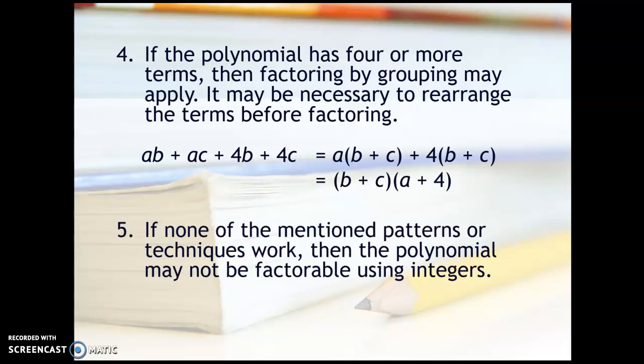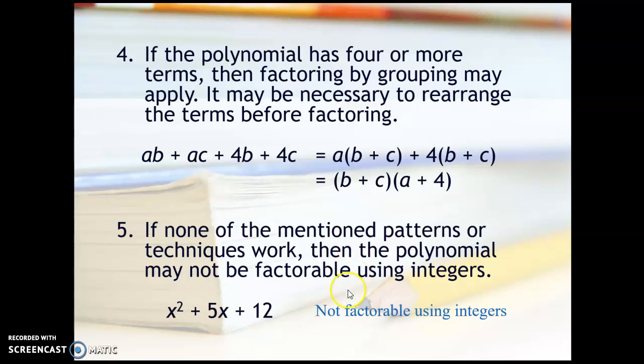And then if none of those previous 4 methods applies or can be used, it's possible that the polynomial is not factorable. And in that case, then, we call it a prime polynomial. In this case,